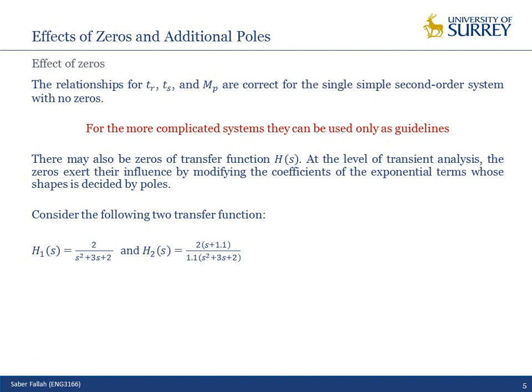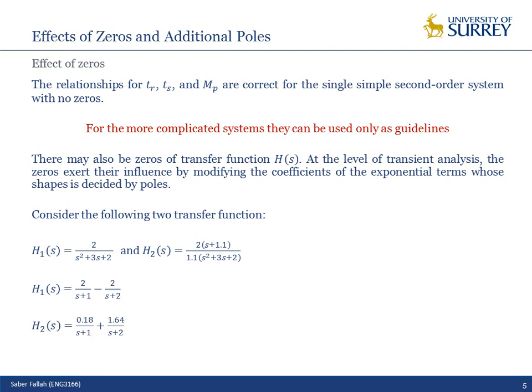What does it say? Look, if I use the partial fraction for the first transfer function, I have H1(s) equal to 2 over s plus 1 minus 2 over s plus 2. If I use